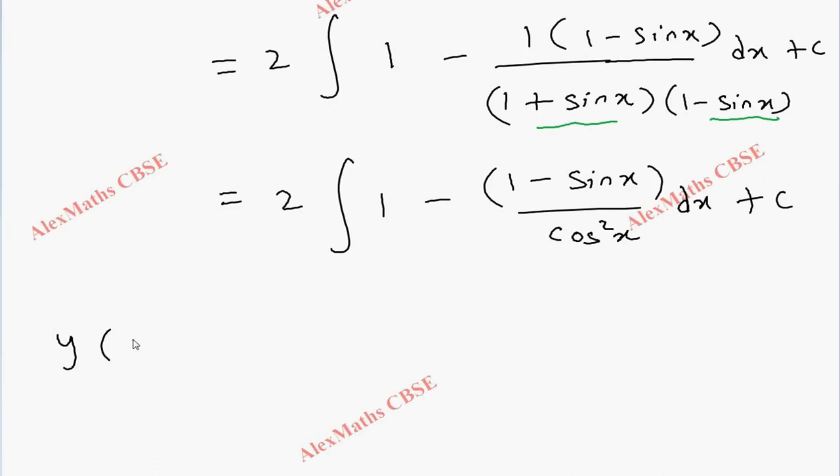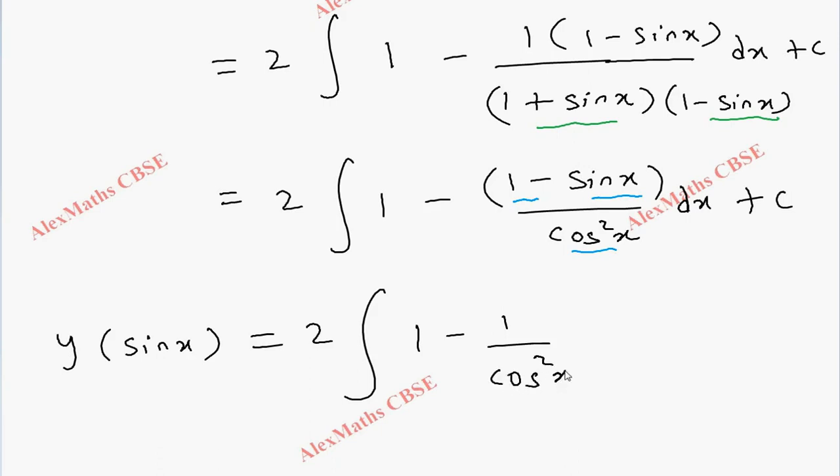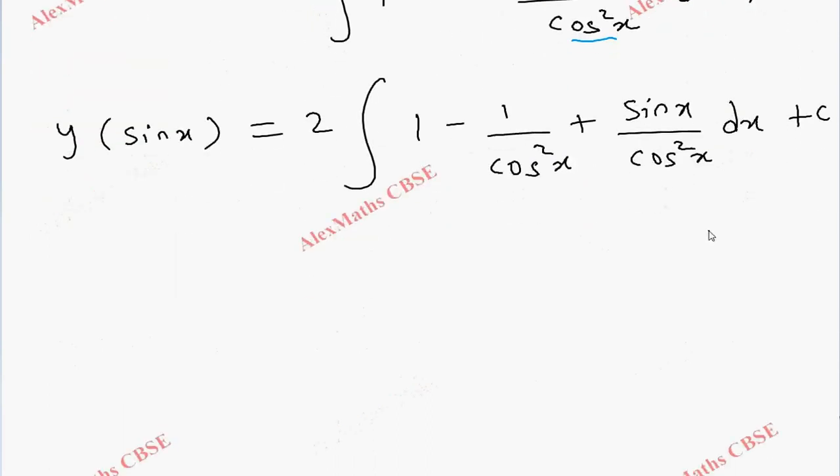So on the left hand side we have y into sin x equal to 2 integral, this is 1. When I divide individually, taking 1 by the denominator minus sin x by the denominator, we get 1 by cos square x, and next this minus is taken inside, so it is sin x by cos square x, and at the end we have dx, then plus c. So y into sin x equals 2 integral, 1 minus this is secant square x, 1 by cos square x